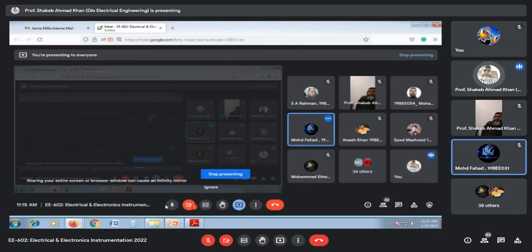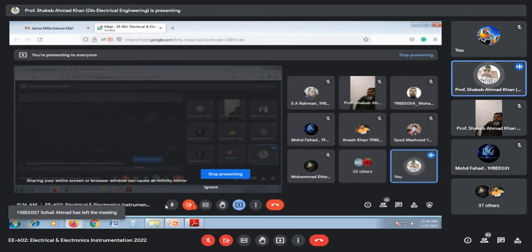Correct, correct. So most of you have an idea about precision. Precision is basically the measure of the repeatability of an instrument. I'm giving you one example, then things will be clear. Suppose you have two voltmeters and you are measuring 5 volts 5 times with these two voltmeters, and one voltmeter is giving 4 volt each time, and another voltmeter is giving 4.8, 4.5,